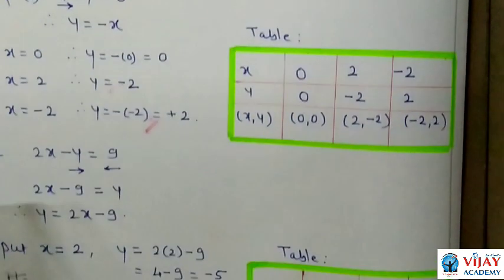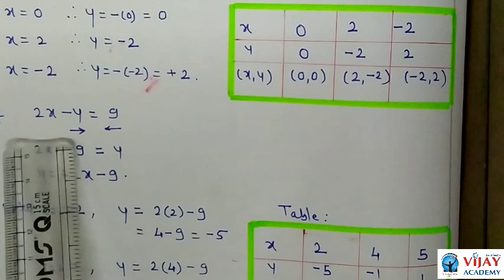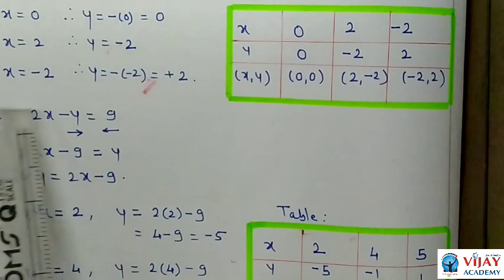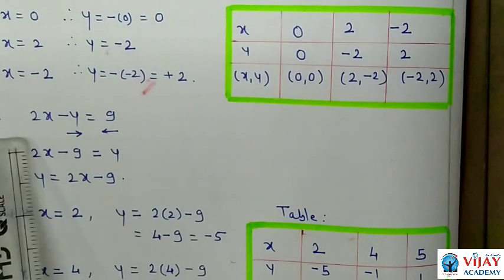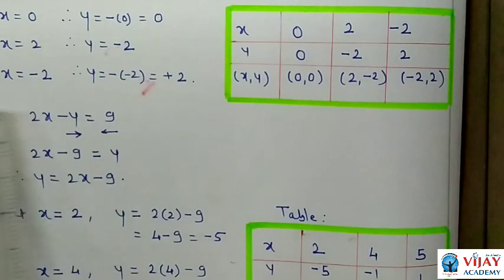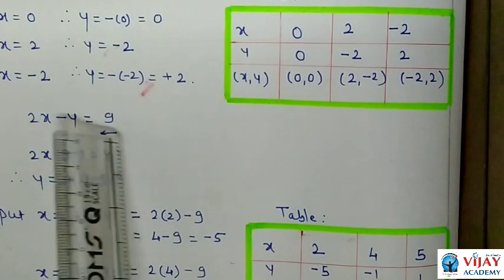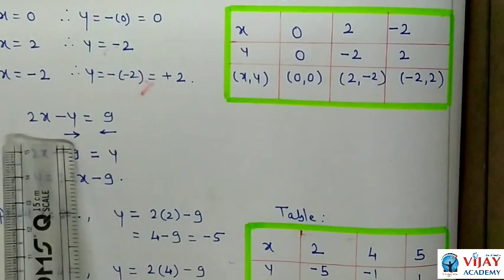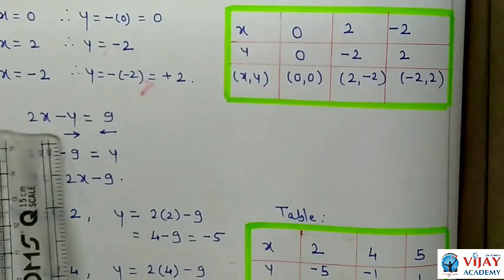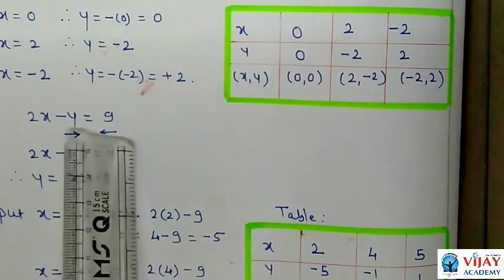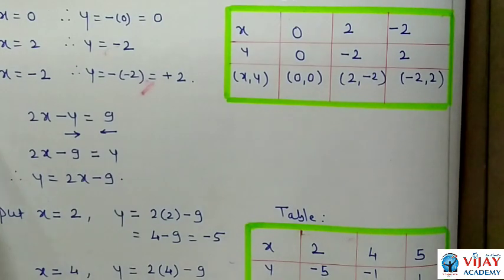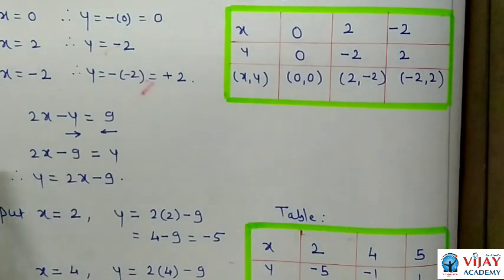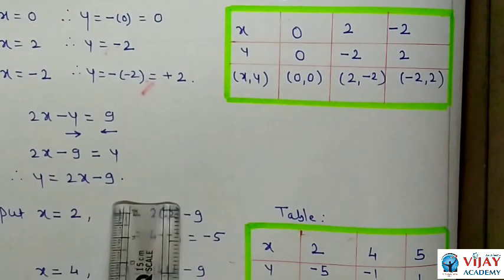Now we will take the second equation, 2x minus y is equal to 9. In this equation, the coefficient of x is 2 and the coefficient of y is minus 1. So first find the weak point of this equation. When the coefficient of x or y is 1, that is the weak point. So shift or transfer that term to the RHS or LHS. Now in this case, if we transfer y to this side, and 9 to this side, we get 2x minus 9 is equal to y, that is y is equal to 2x minus 9.